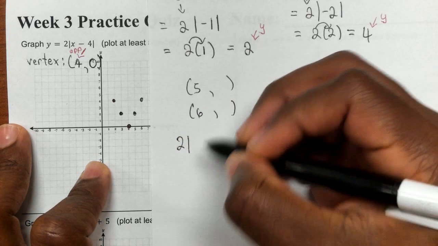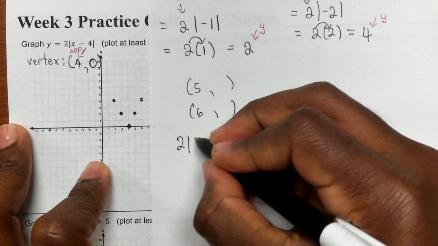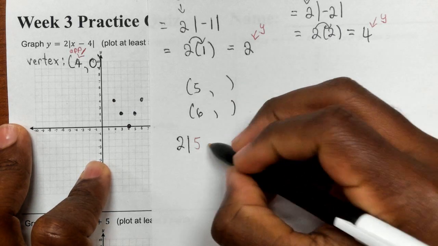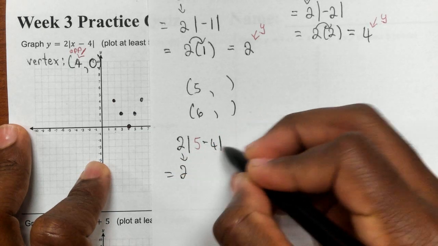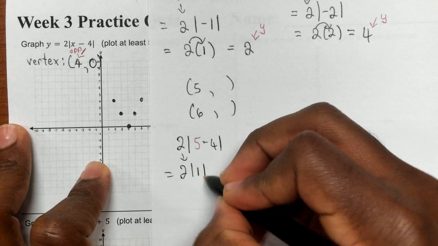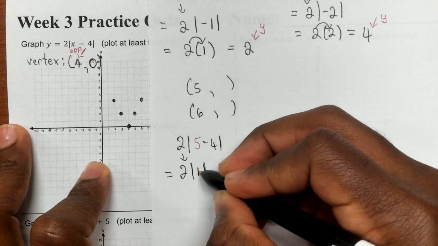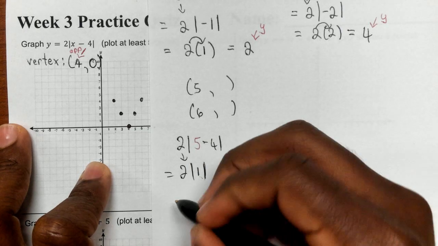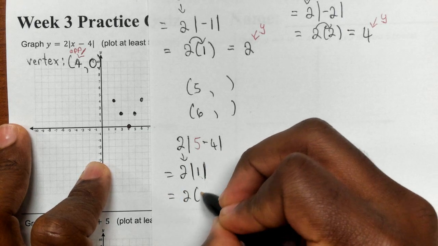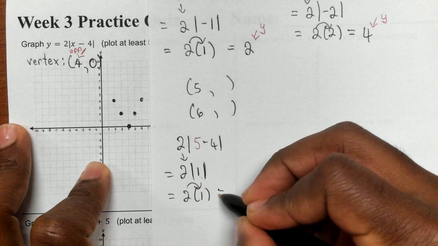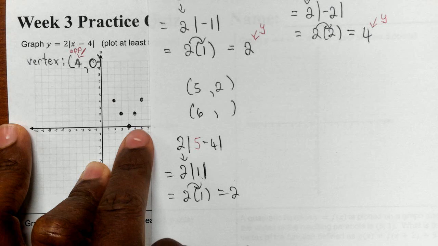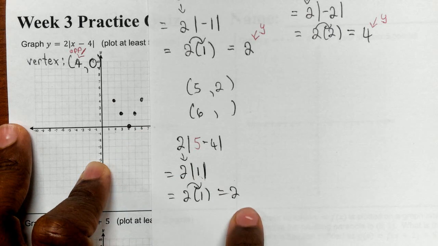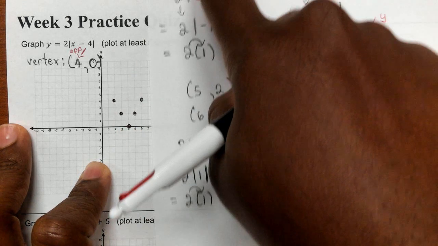So I'd have 2 absolute value 5 minus 4. The 2, I bring it down. 5 minus 4 is 1. The absolute value turns any number into a positive. If it's already positive, it stays as a positive. So 2 times 1 is 2. So as I said, when I plugged in 5, I got 2, which was the same y value that we